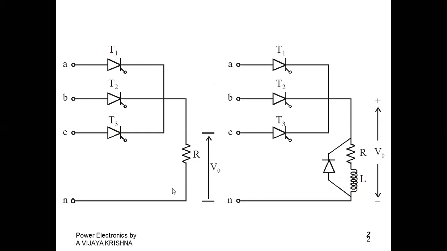Why are we showing two circuit diagrams on a single slide? Because they have the same meaning: the three-phase half-wave rectifier using resistive load, or using RL load with the freewheeling diode, have the same output waveforms, and the average output voltage we get is the same. That is the sense of showing the R load and also the RL load.